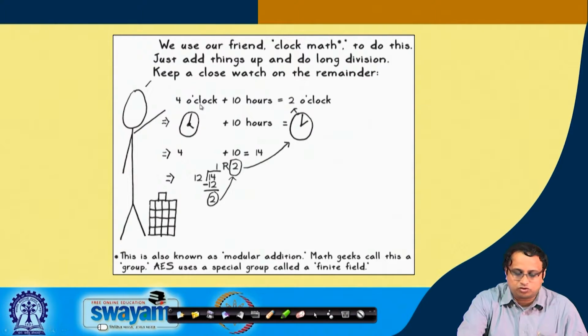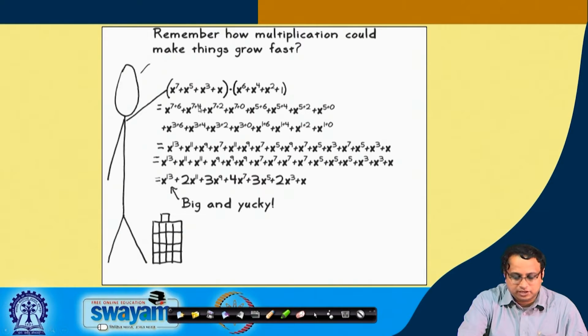For example, there is 4 o'clock, if I add 10 hours, then we say it is 2 o'clock. Okay, because we are doing implicitly a modulo 12 operation. Okay, so likewise, this is essentially called modular addition, and typically we also call that as developing a special group which is called a finite field. Okay, so therefore we can probably take this example to understand the advantage of such kind of modular